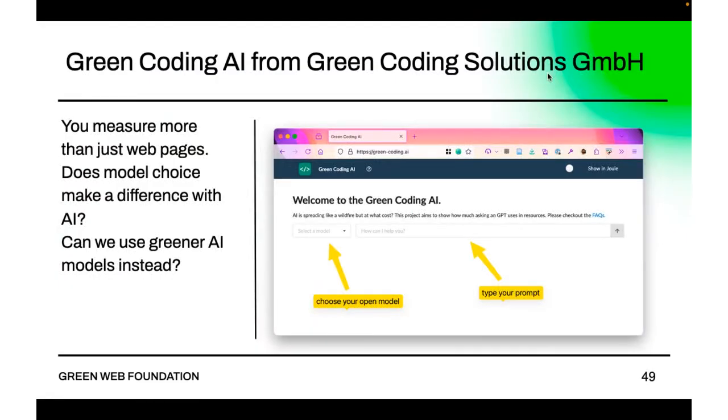I've showed you web pages, but you can do all kinds of other things. There's one company based around the corner from our office called Green Coding Solutions. They launched this, I think, Friday, actually. And I think it's pretty cool. We talk about the environmental footprint of AI. This is the first tool I've seen so far which lets you work out the carbon footprint of a particular